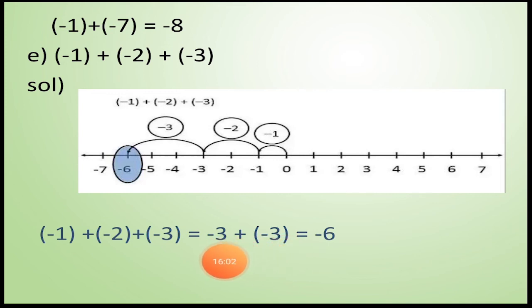Now you can see here minus 3 added with minus 3, again we have to take the sum of 2 negative integers. So when we do so, we will add them. Okay, so 3 plus 3 will give us 6, and here the answer will bear the sign of the bigger integer. So as such you can see both have the same value, both are 3 and 3 here, so it will carry a minus sign in front of it after adding these two negative integers.